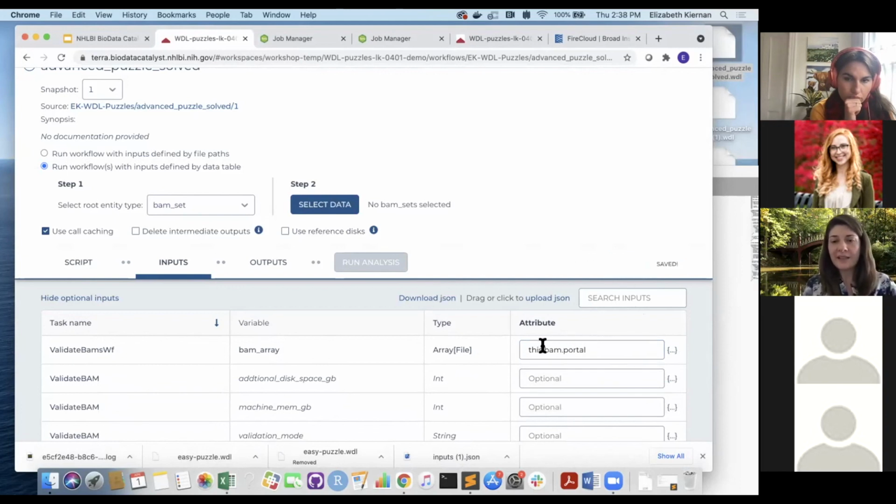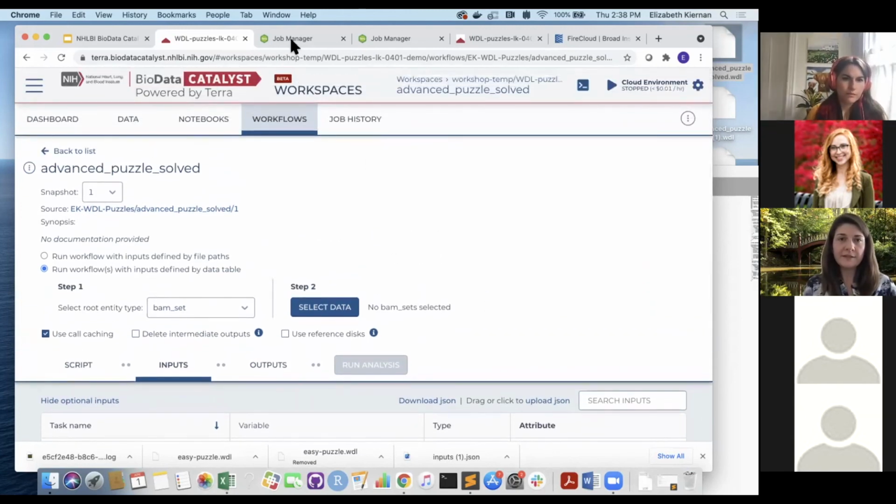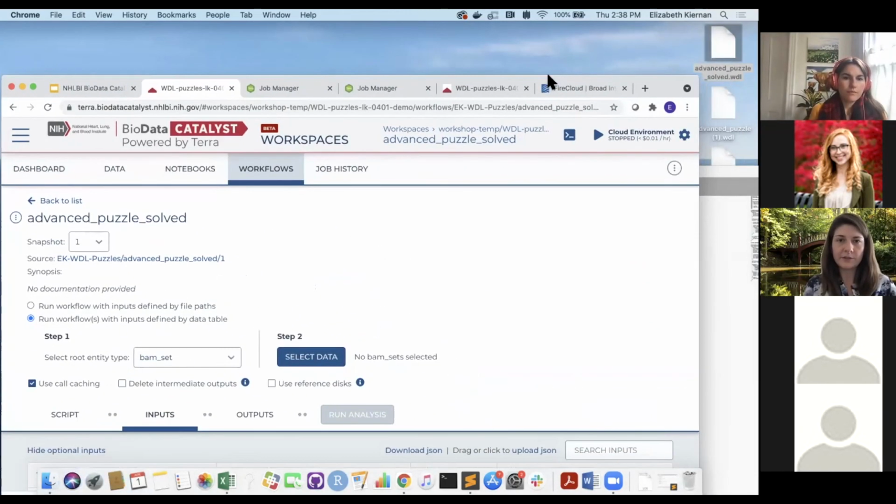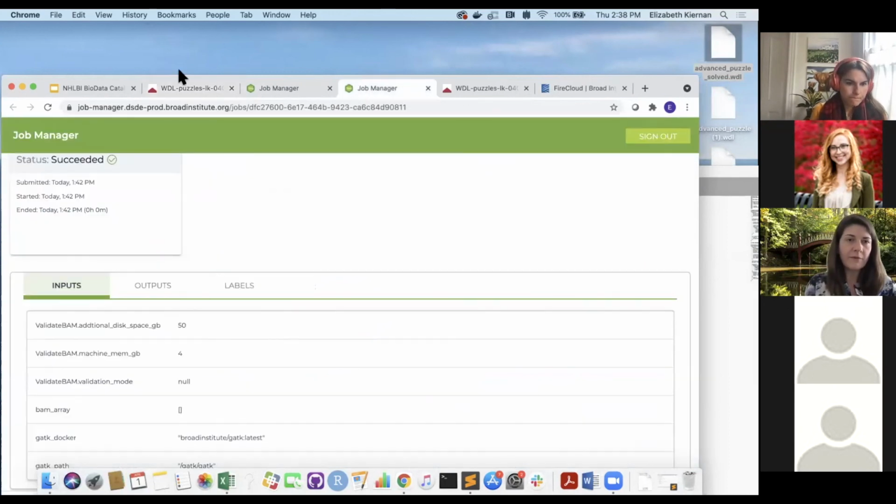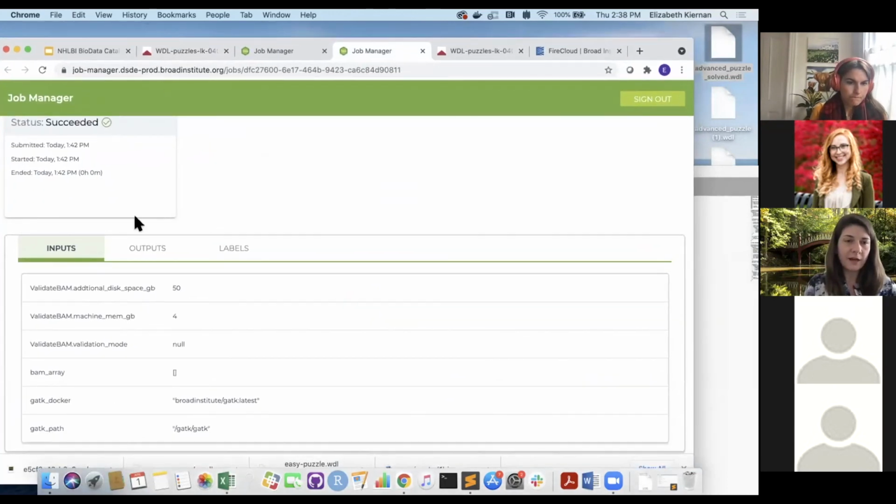This is not a valid input. If we go and look for this input somewhere, Terra won't be able to find it. When we tried doing this and ran it, let me just show this really fast. If we look at the job history for this run, you'll notice there's no list view here on the job history. So when all tasks run through